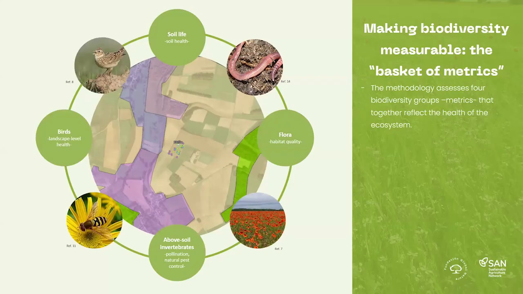So 4 biodiversity matrix or biodiversity groups that live within the agrarian ecosystem, that affect the ecosystem services that this agrarian ecosystem provides to agricultural production, and that are affected by it. The production that is taking place there is being affected by these organisms as well, and the activity affects these organisms.